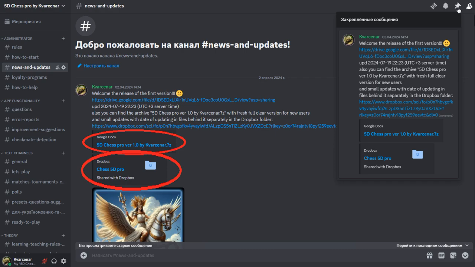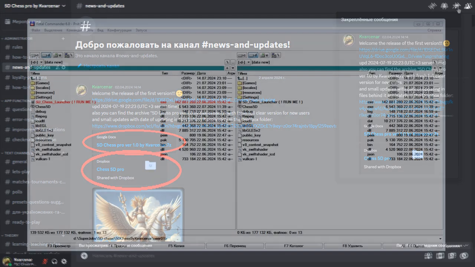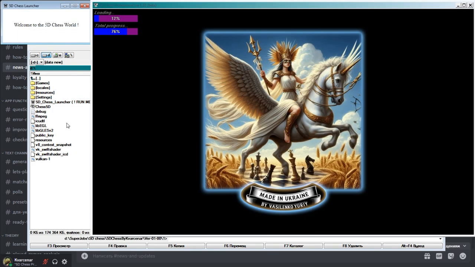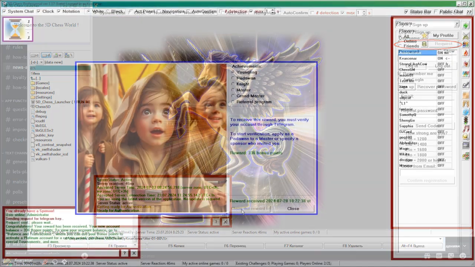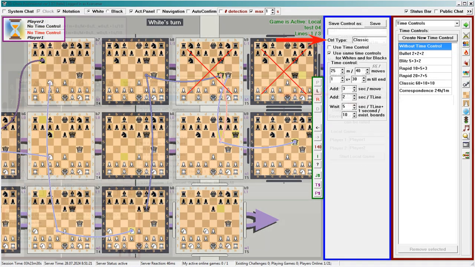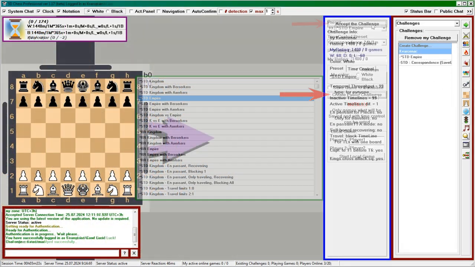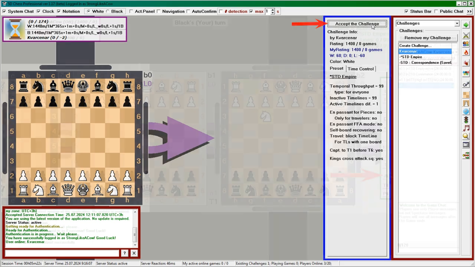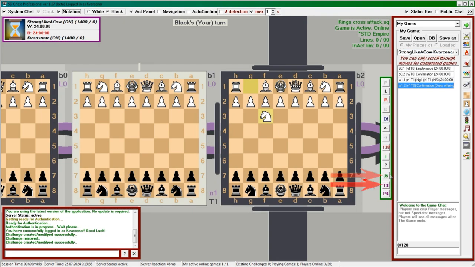In the first part of our introduction to the 5D Chess Pro app, we covered the essentials: how to download and launch the app, how to register in the system and loyalty programs, explored preset settings, and learned how to create and accept challenges. We also reviewed the game interface with auxiliary functions of Jurassic Squares and daughter games.